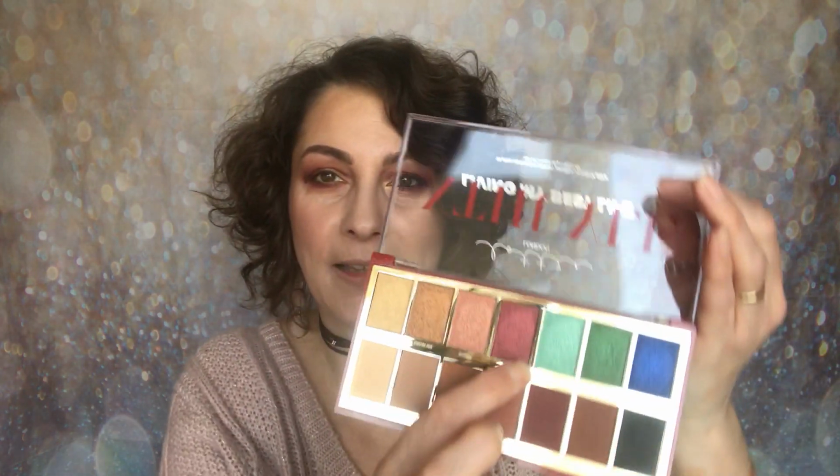Like that. Okay, so that's the mattes laid down. Now for the shimmers, and what I did was I went in with this one here, the red one right in the middle there. I think it's a saying of hers. Okay, so I'm just going over that outer part there and working my way in, about